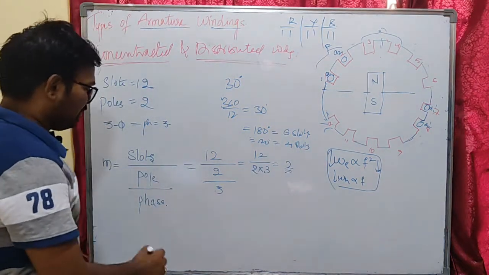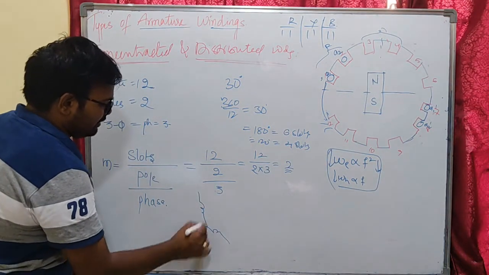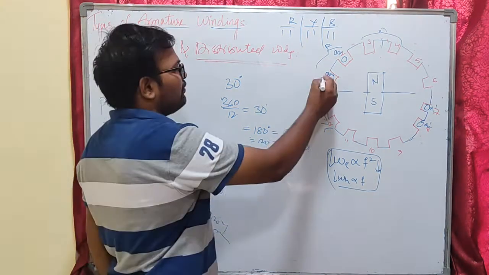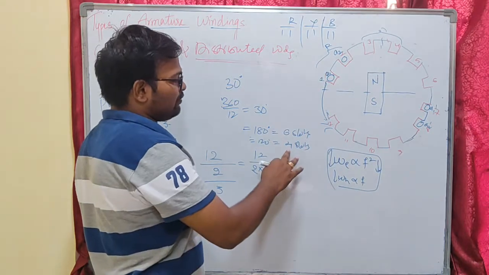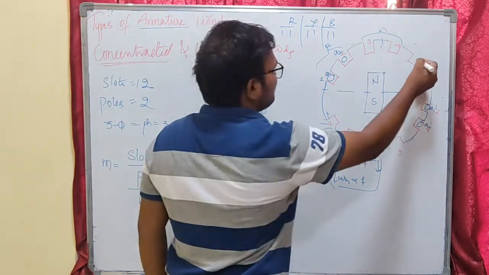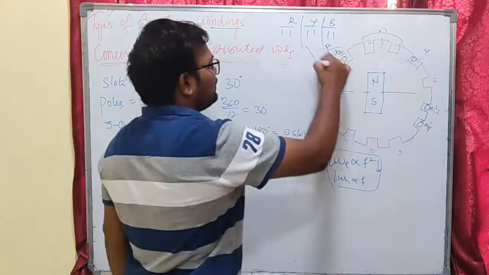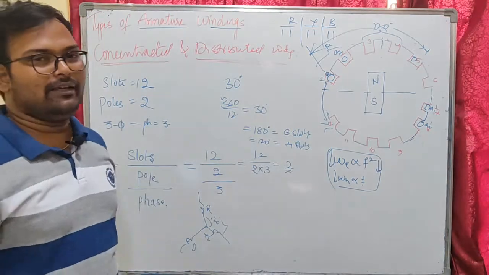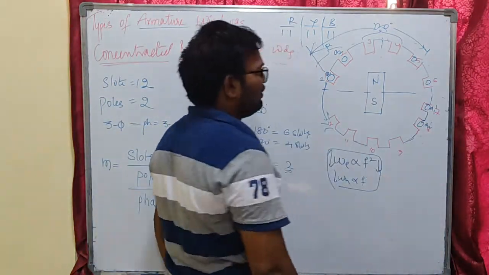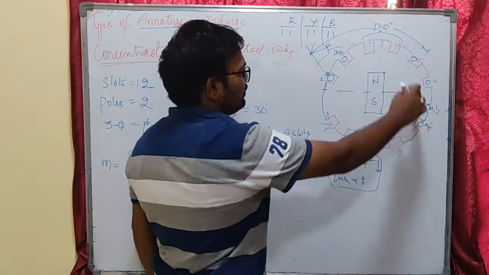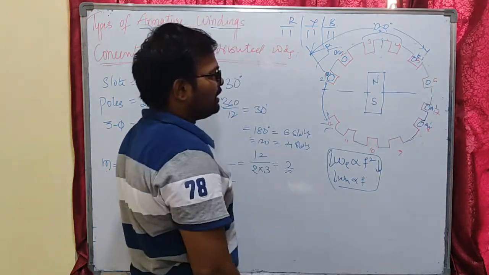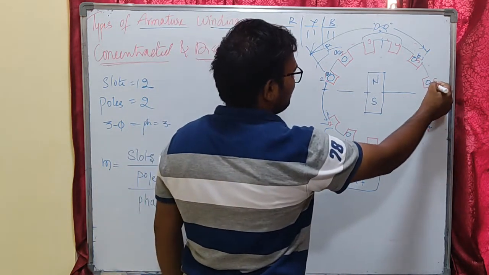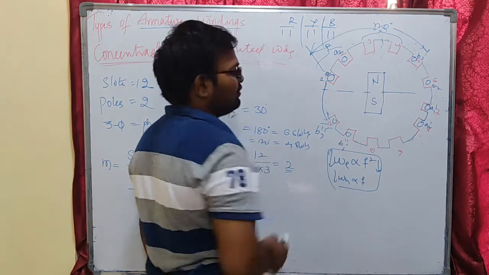Okay, as R, Y, B, they are placed 120 degrees away from each other. If I keep my R winding in the first slot, I have to keep after 4 slots for 120 degree displacement. That means I have to keep the Y phase in the 5th slot. So the R phase and Y phase are 120 degrees away. Okay, and the second coil of our Y phase will be kept in the 6th slot. For the 5th slot, this is B1, and the B1 dash will be after one pole pitch, that will be 11. Okay, this is my B1 dash. For the second coil, this is B2, and the B2 dash will be in the 12th slot.